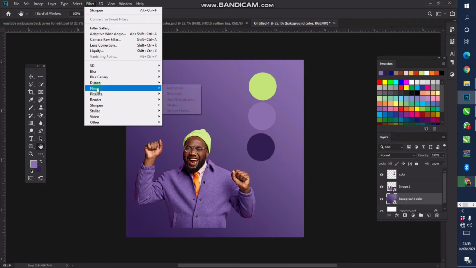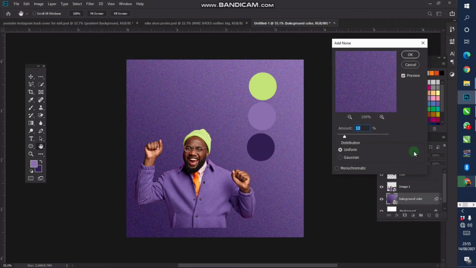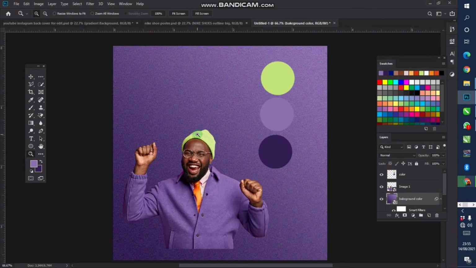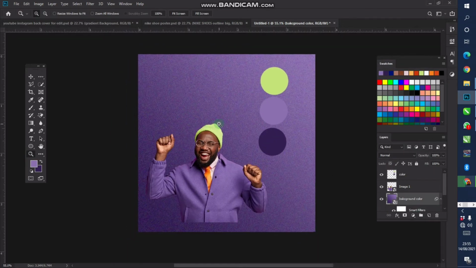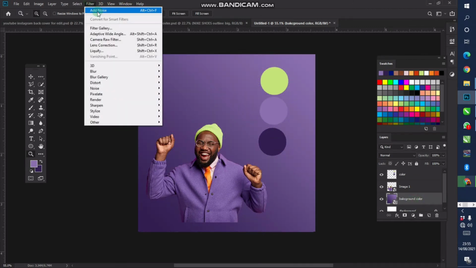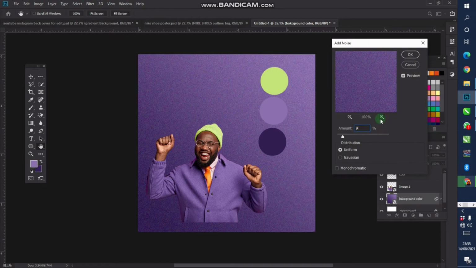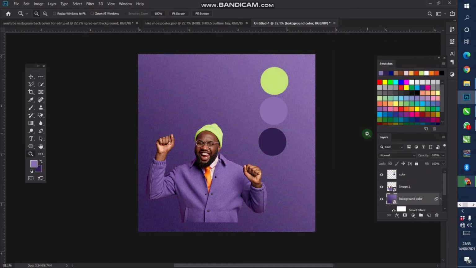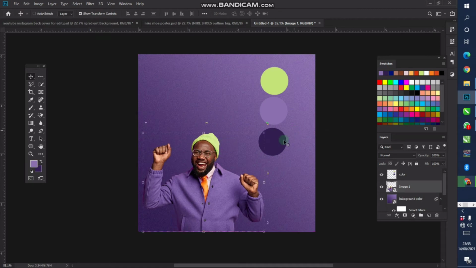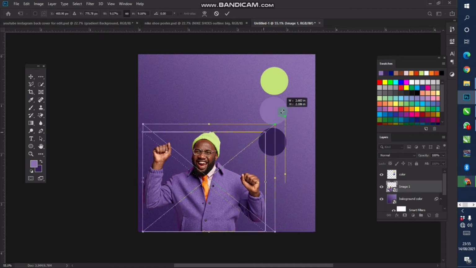So go to your noise and then go to add noise and set your noise value to 11 and then click OK. I still feel it's too much. Let's Ctrl Z, go to your noise and then set your noise to like 9. No, let's set it to 6. Yeah, 6 is okay. Now go to your image, increase the image to something like this